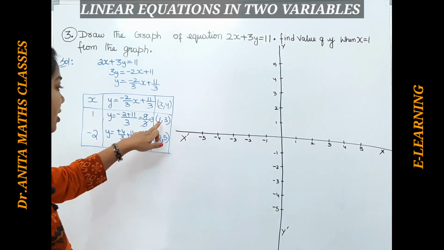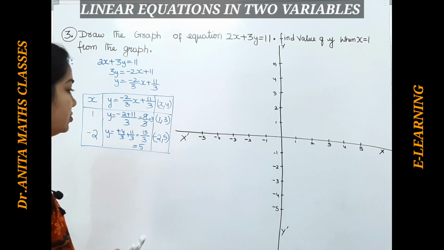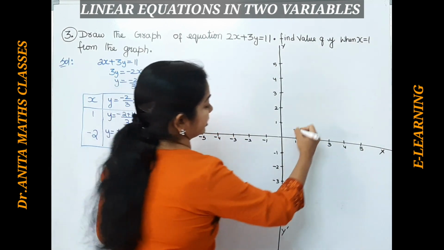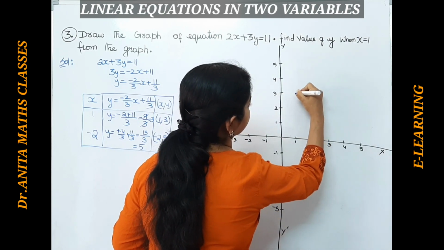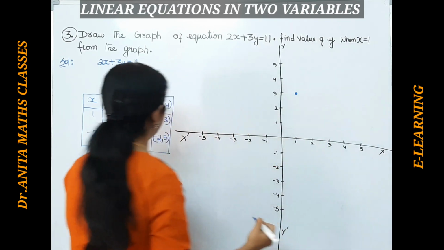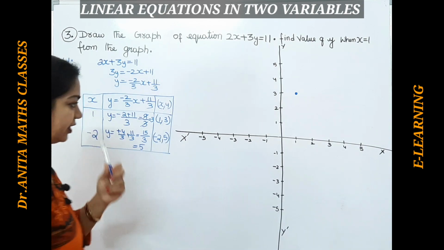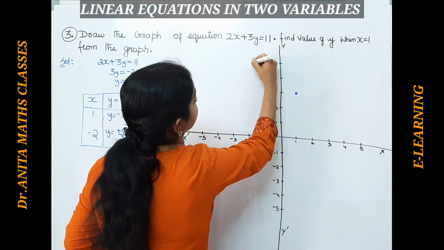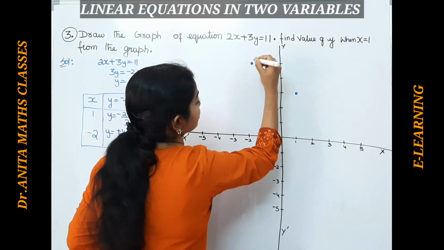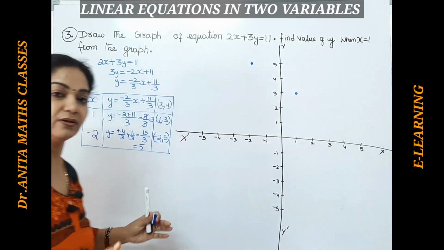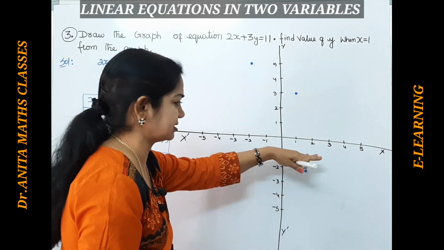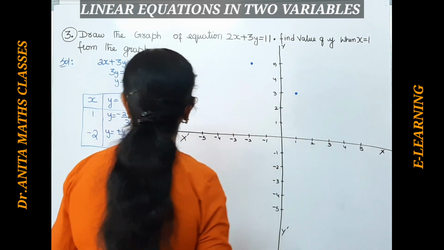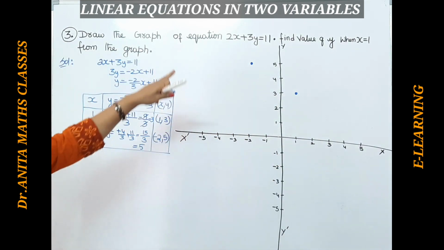Here let us plot 1, 3. So just 1 in the x and 3 in the y. So if you see here this point. Right. Now minus 2, 5. Minus 2, 5. So if you take straight. So my board, this whiteboard is not a graph sheet, isn't it? When you are plotting on the graph sheet, you will get exactly, these are just deviated. Okay, now let us join these two. And also, if you join these two, you get a straight line.